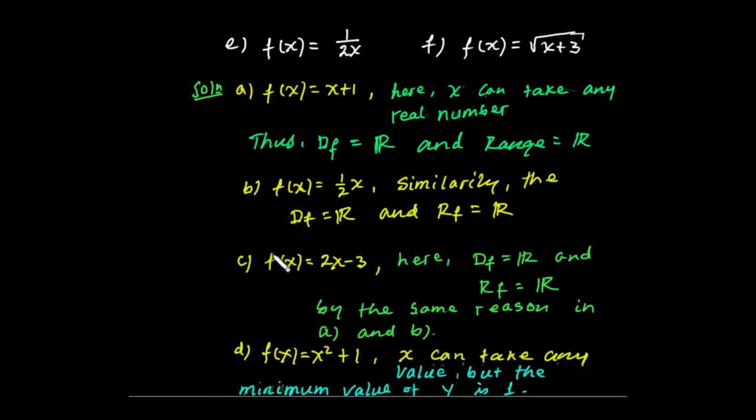ተማሪዎች እንግዲህ c: f of x equal to x minus 3 የሚለው ያው linear function ነው። እነዚህ ሶስቱ a, b and c they are linear functions። for linear functions both the domain and range is the set of all real numbers ነው። ስለዚህ የc f of x equal to x minus 3 the domain of the function is all real numbers and the range of the function is all real numbers ነው። ስለዚህ by the same reason that is in a and b above ነው። እነዚህ linear functions ይባላሉ።